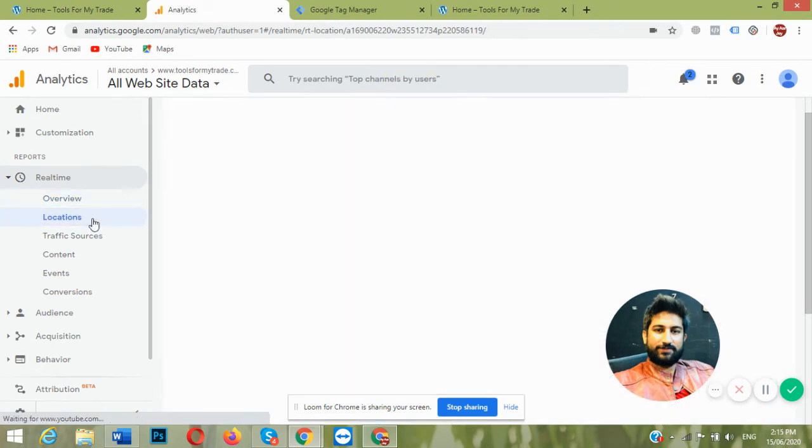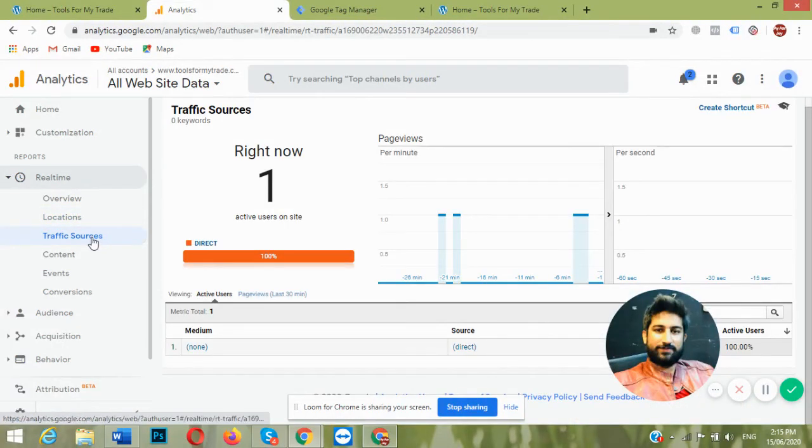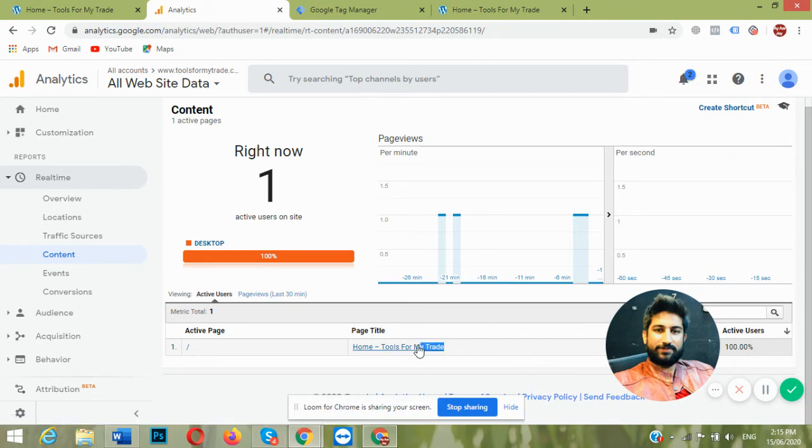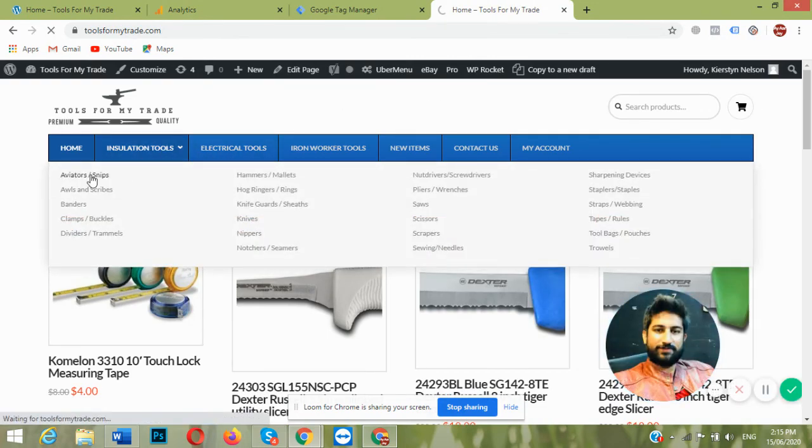We can check here overview pages, and we can check country, location, and traffic source, from where traffic is coming to your website, and content, which pages are seen by users, and events and conversions. So I will show you. Right now I open the website's main page. Here is the page title, and the slash means the domain name, and after the slash are the page names. I am going to this page,